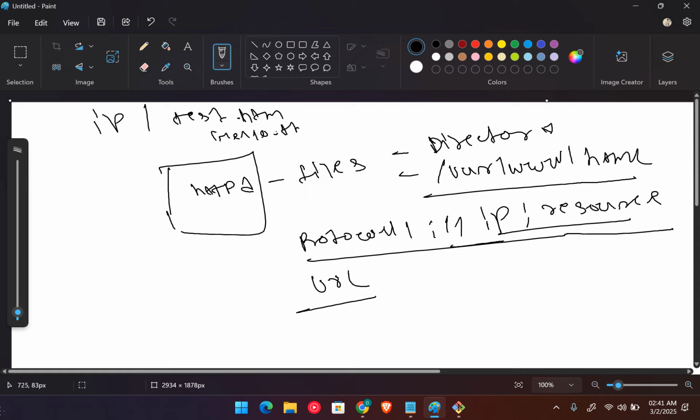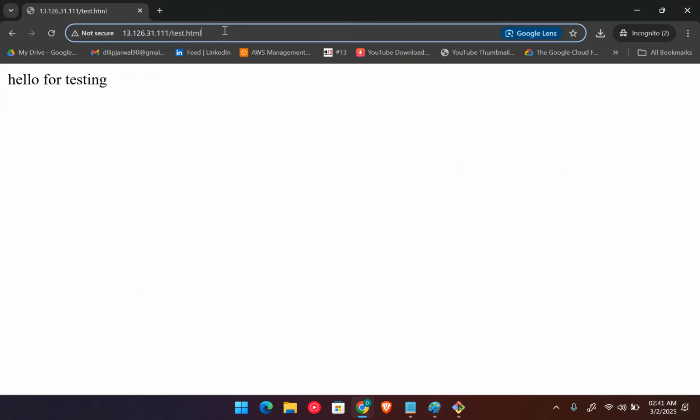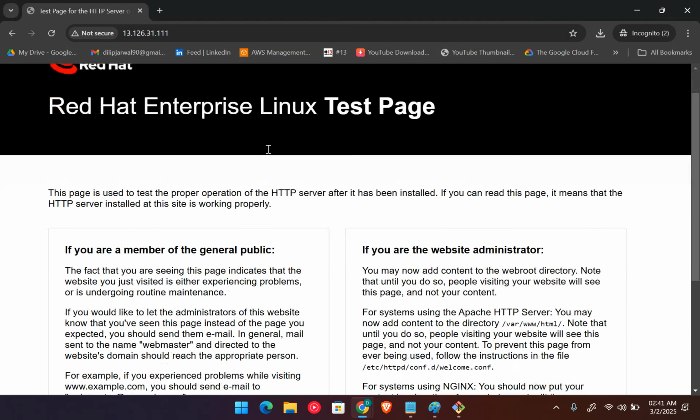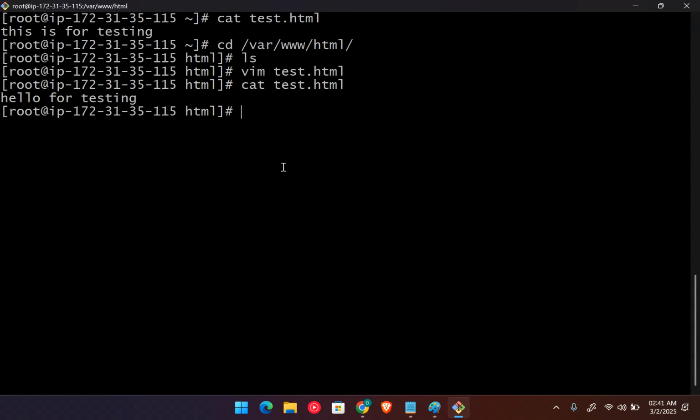Okay, so what httpd did, they created one special file. Any file you create with the index.html name, so anybody can come to this IP address, they are showing you by default the index.html file. So I don't have an index.html file created in the backend, but if I go here and